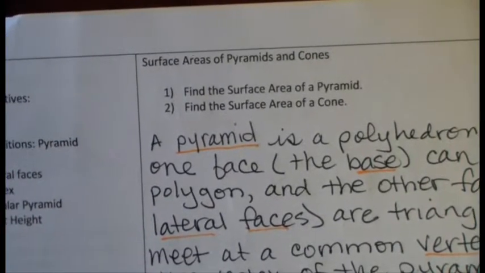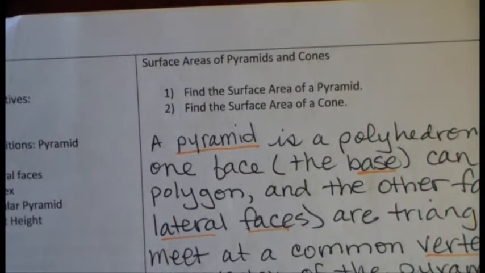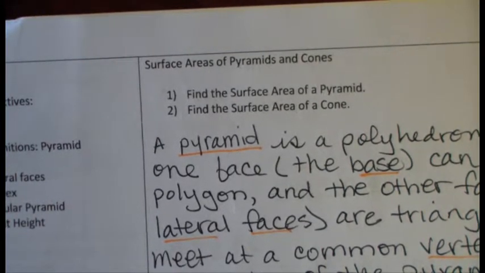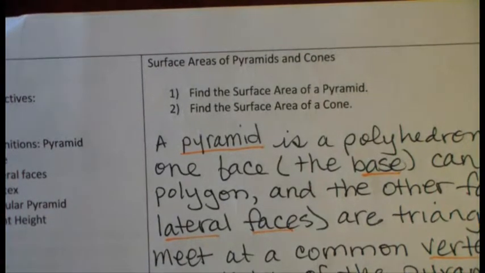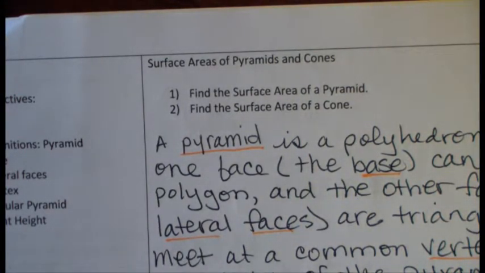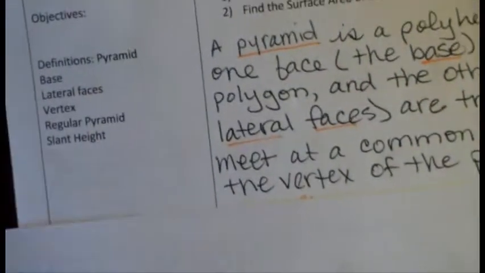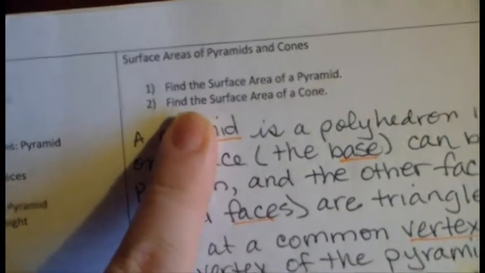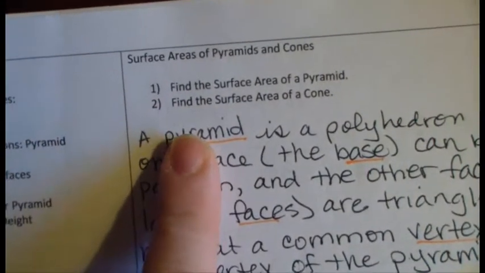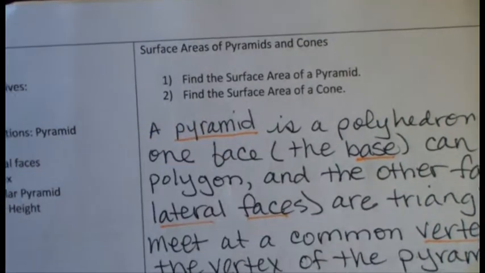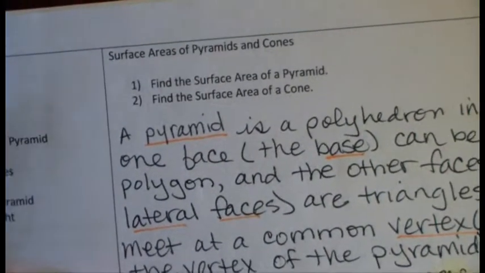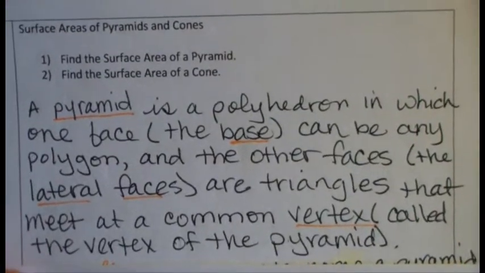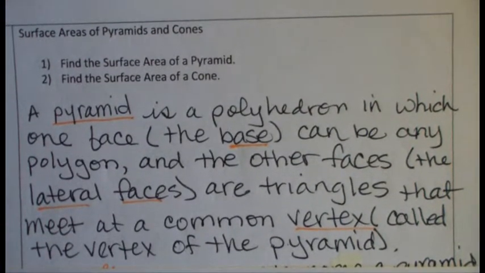Alright, so for section 11.3, we're going to be looking at surface area of pyramids and cones. So let's start out with some definitions. First, our objectives. Our first objective is to find the surface area of a pyramid, and second, find the surface area of a cone. So a pyramid is a polyhedron in which one face, which we call the base, can be